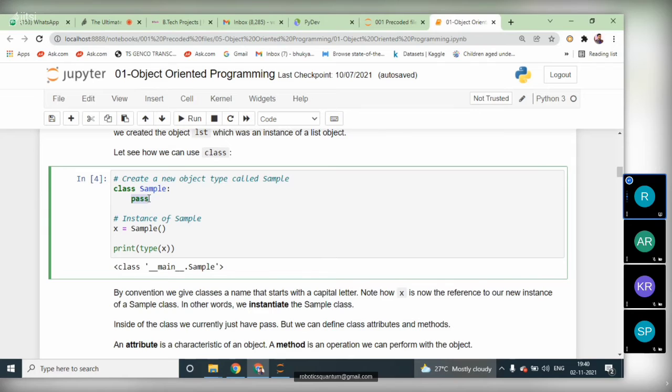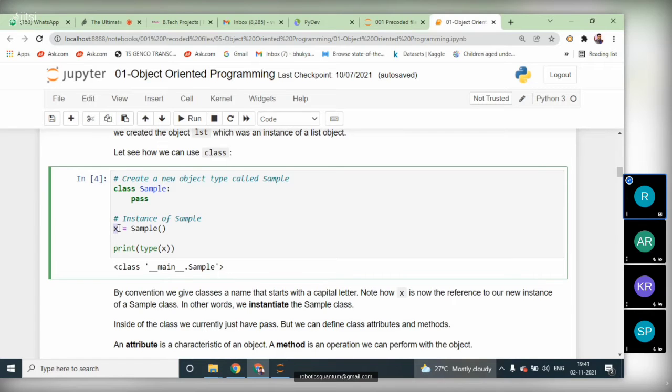Inside of this one, we are not writing anything, we are just making an example of how to create a class. If you want to call that class, we must create an object reference variable for that class. How are we creating an object reference variable? It means an instance. Sample is the class name, with brackets, and it is assigned to a variable x here. x is called an object reference variable, a reference variable to that class.